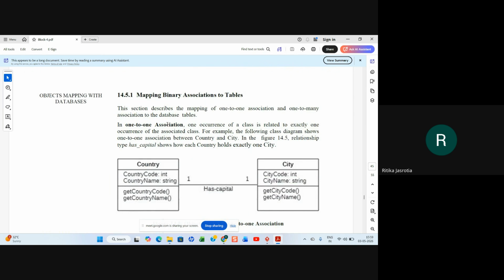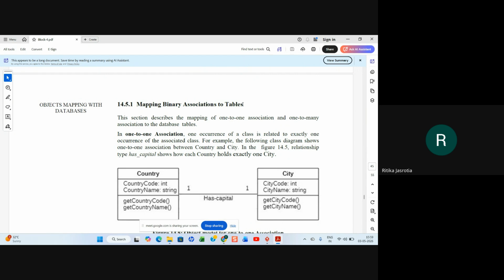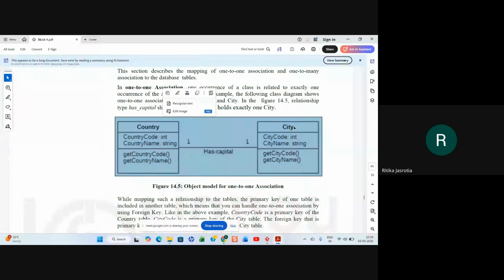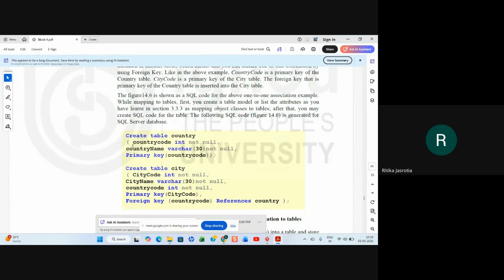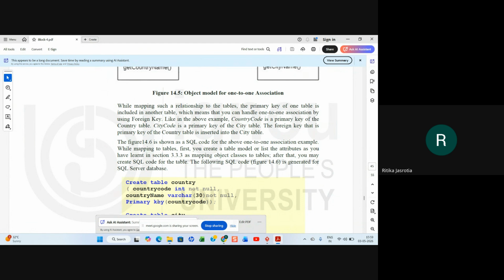So if you have this kind of mapping of binary association into table, if we have to do one to one, one country has one city as the capital city. If you have to create tables out of this, first you will take a country table and a city table. So how will you write? Create table country, country code int not null, country name varchar 30 not null, primary key is country code, right?